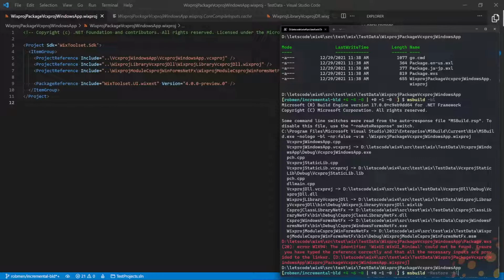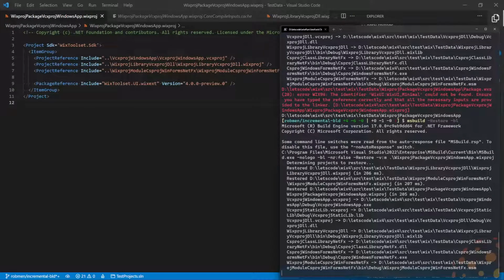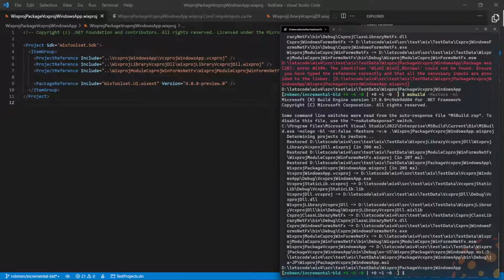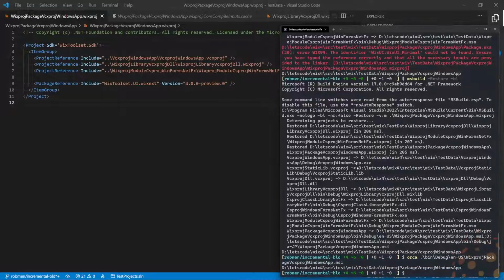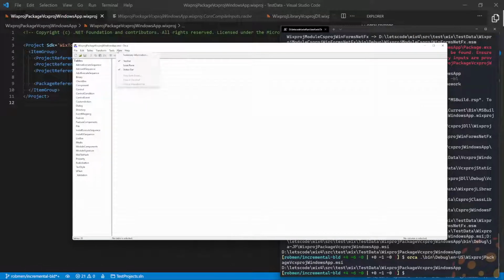Let's see how far we get this time. We succeeded that last time, right? And we include the UI ref here, so that's good. All right, so let's break out Orca, bin, debug, enus, because there's two of them, Wix proj pack, MSI. Boom, that's tiny. Let's see, view,